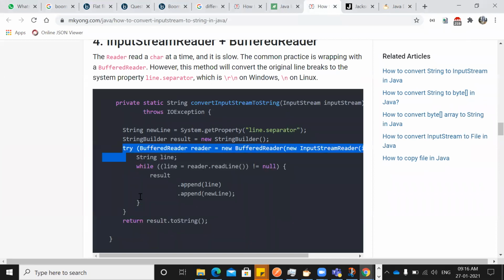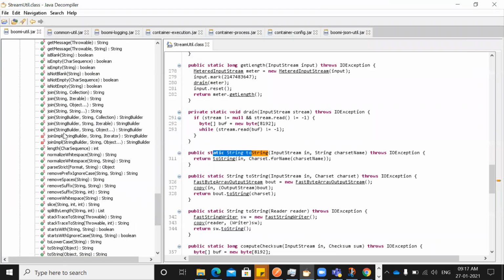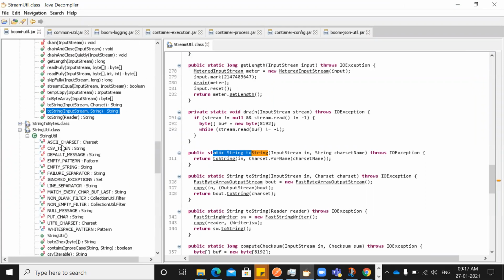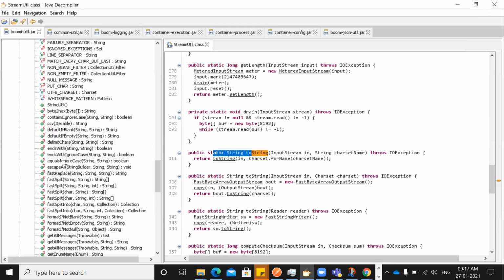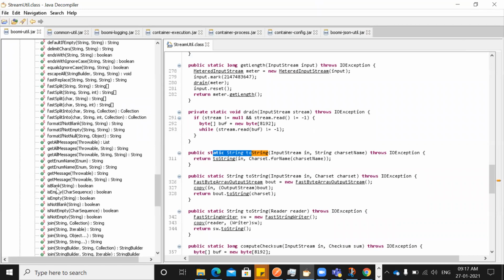Not only this, I just took one example; you have a lot of inbuilt functions available in the jar file that I showed you here. So you can use a lot of functions whenever you have a requirement where you'd be writing a lot of custom scripting as part of the mapping. If a ready-made function is available, you can just use it. Otherwise, you can write your own custom scripting.